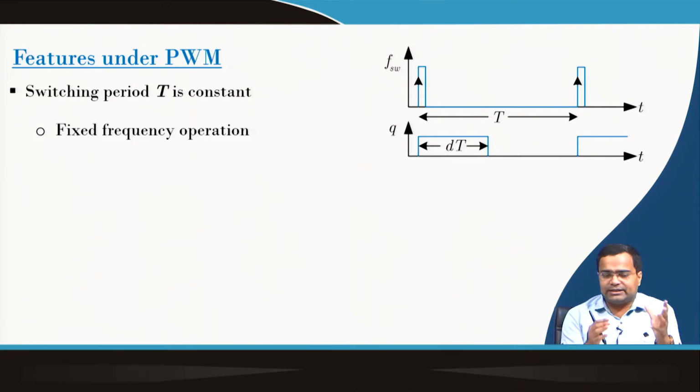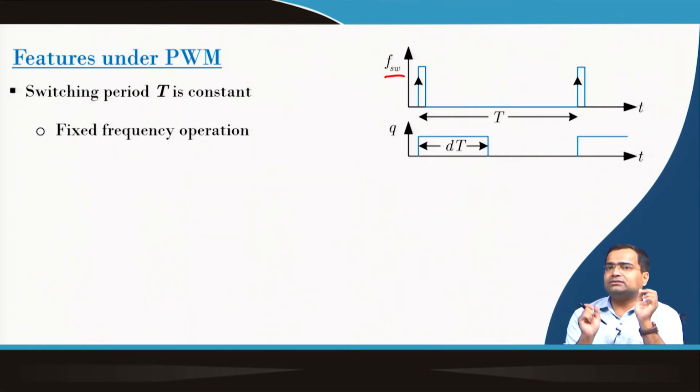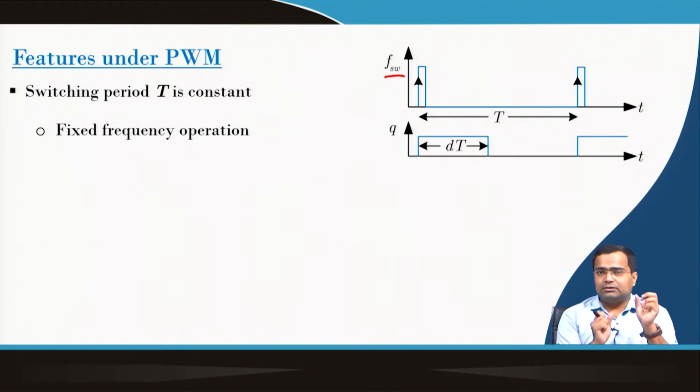So, fixed frequency operation has an advantage, because if there is any jitter in the duty ratio, the time period is at least constant. There can be some clock jitter in the FSW also, which we are not considering. In some cases, these clock jitters are intentionally introduced, and that is known as randomized pulse width modulation.